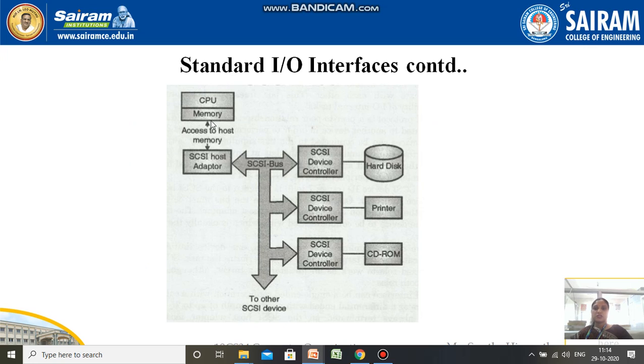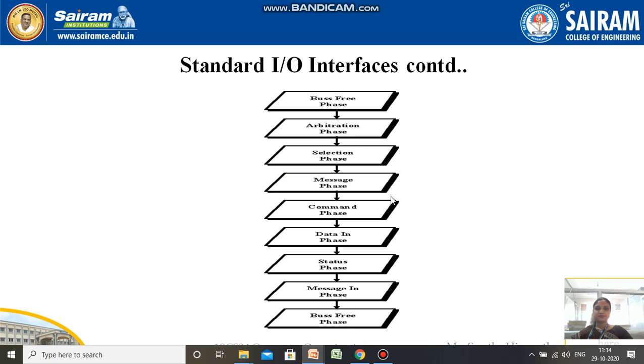We can see here a CPU and memory, with access to the host memory. A SCSI host adapter will be there. For this SCSI host adapter we have the connection to the SCSI bus, and to these ports we have the SCSI device controllers, to which we connect peripheral devices like hard disk, printer, CD-ROM. So all this will be connected.